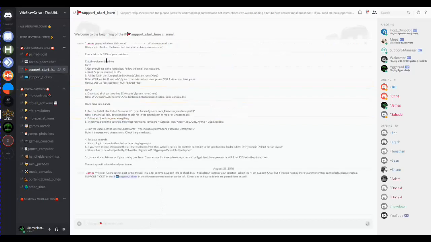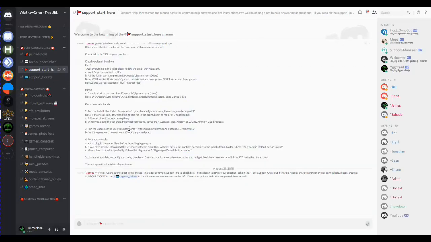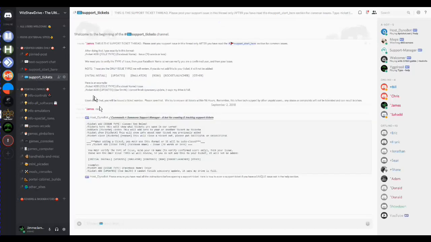So going back over here, this fixes most of the problems. This is pretty much the core of the forums right here. It boiled down to a lot of times with the issues with trying to update or initially install, there was certain things that were a little bit tricky for people to get the first time around. So, here it goes. And then this last thing is support tickets. Now we have some info right here.